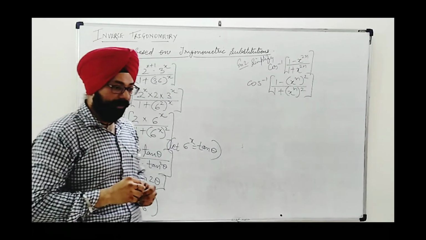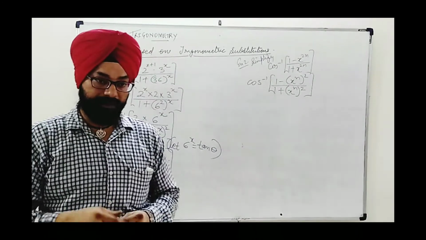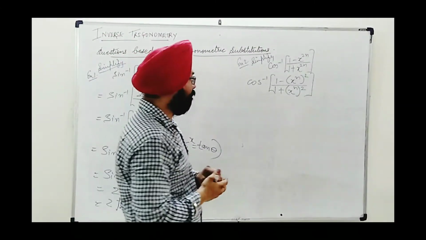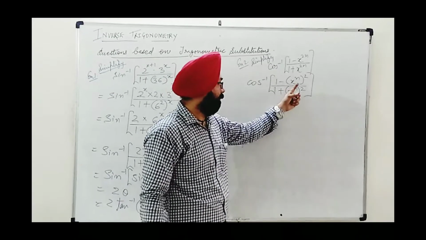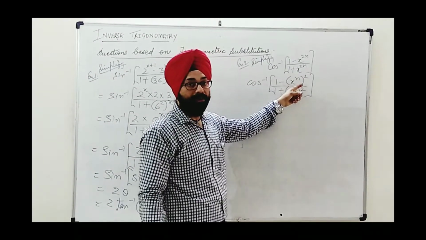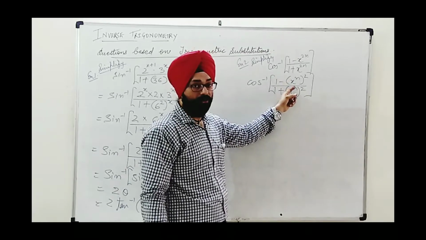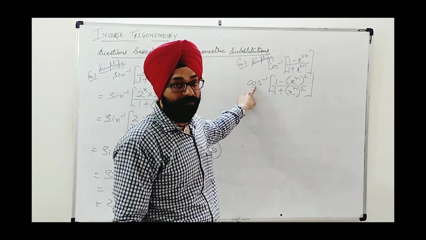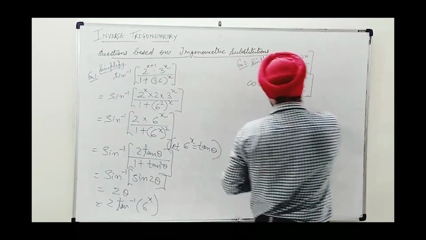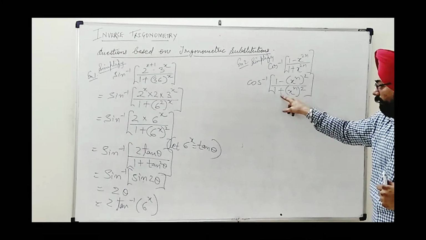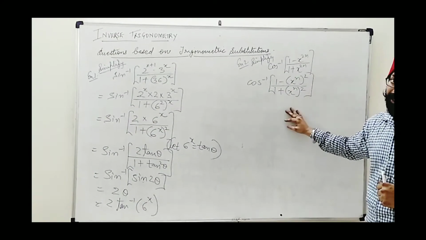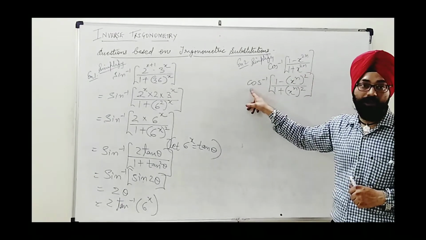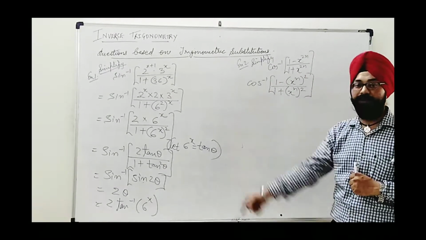Now I was having a pattern when a plus x, a minus x both appear, then we replace x by cos 2 theta or tan theta. Now verbally I am trying to explain if you can understand. If I replace this by cos 2 theta, so we are concluding in terms of tan. I said outside it is cos inverse. What I mean to say, if I write here 1 minus cos 2 theta upon 1 plus cos 2 theta, then simplifying we will have tan theta. But tan theta and that also tan square theta, so we cannot be cancelled with cos inverse. That's why that path we have to avoid.